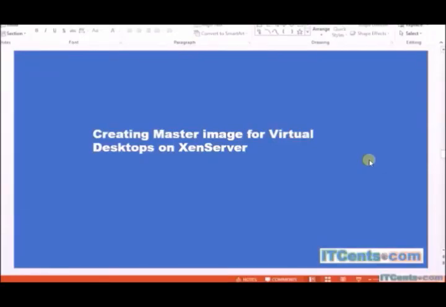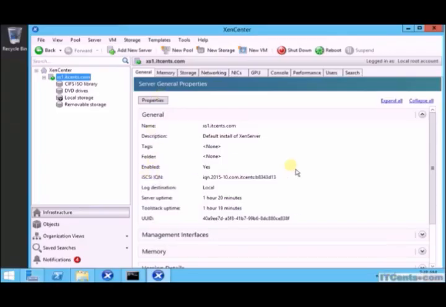Okay, so we have set up everything, and now it's time to create a virtual machine and prepare it as a master image. Based on that virtual machine, we will provision our virtual desktops. What I would like to do in this environment is create a VM,